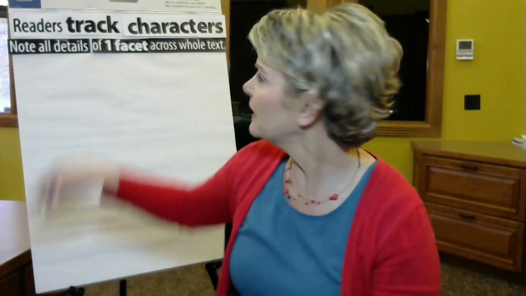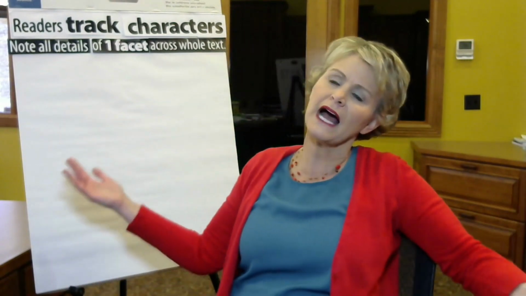Okay, what we're talking about in this skill series happens after the summary. This is an after reading kind of thinking you would do. You collect the details maybe while reading, but you really get to know characters. You really ponder how an author developed them after you read. After you sit back and say, okay, so this is what happened in the story, and this was the character's problem, and this is how he solved it, and yeah, okay, I got the gist. Now we zoom in. It is going to require some rereading, looking closely at characters.